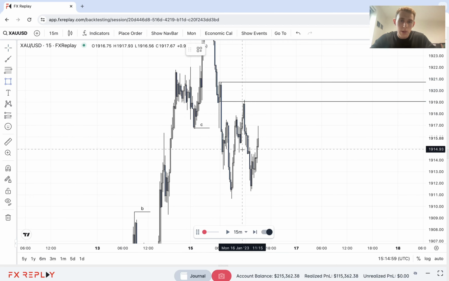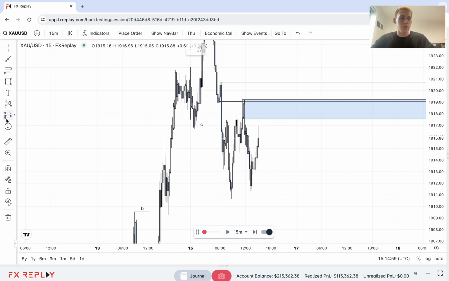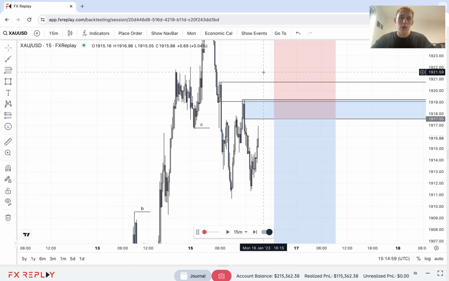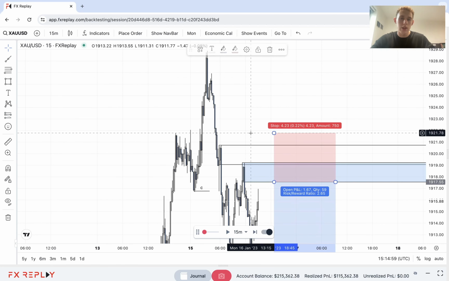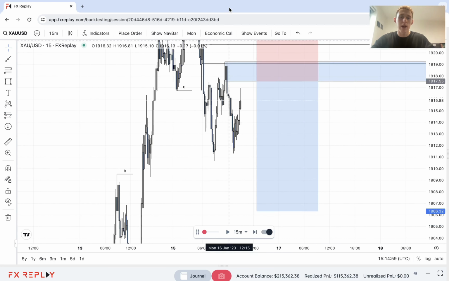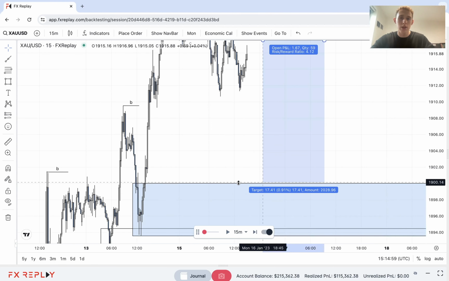Price also broke this substructure just there, leaving behind this area. So I'm going to enter here and have a more conservative stop just above this liquidity, as price could sweep this area. And I'm going to be targeting the demand that we had marked